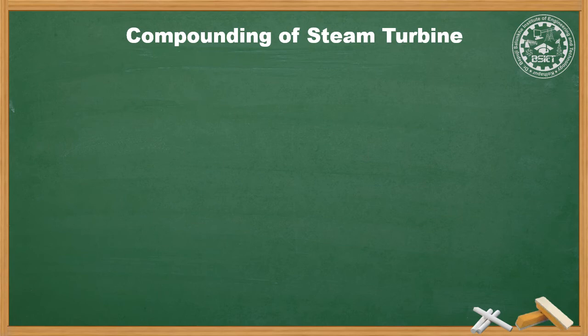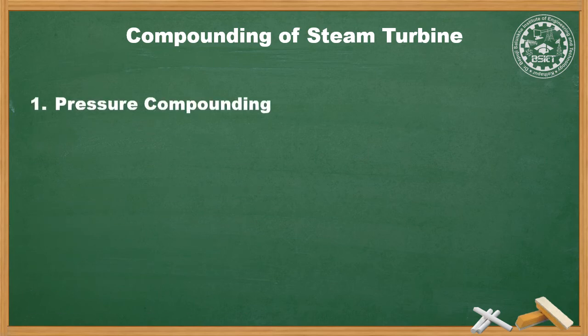Different methods are used to reduce the high rotary speed. This method consists of a multiple system of rotors in series keyed on a common shaft, and the steam pressure or the steam velocity is absorbed in stages as it flows over the rotor blade. This is known as compounding, that is, grouping. Compounding is also known as grouping, that is, reducing the pressure or reducing the velocity in a number of stages so as to achieve the required rotary speed.